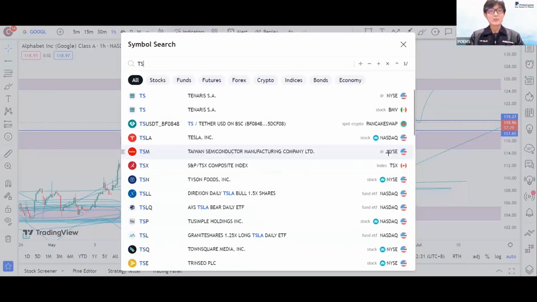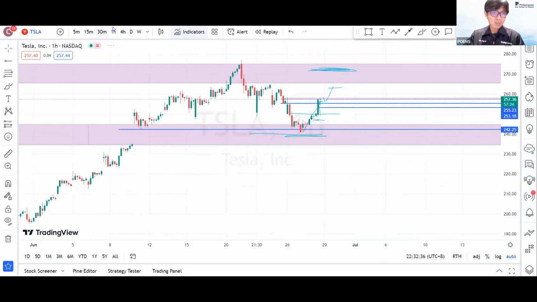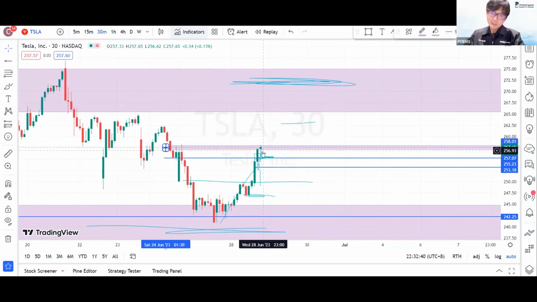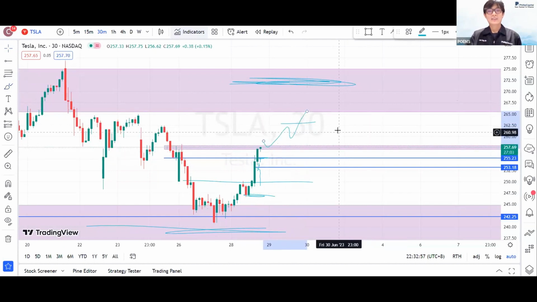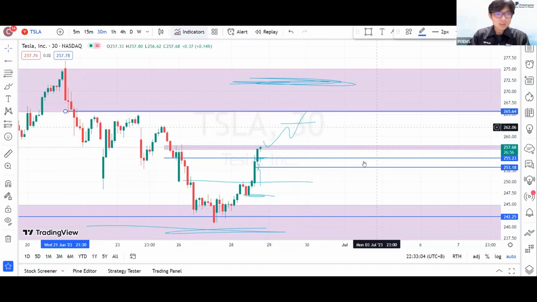Now we go back to Tesla again. The 15 minutes just closed, and the 30 minutes just closed, sitting on the area, very nice. We are still seeing strong bullish movement at this opening of 2 minutes. So it's probably coming back to the 263 area and higher. As long as they can hold here, you will see the movement run nicely, or maybe just one candle straight up to 265. Just take note, you still have a level that they need to break away from.